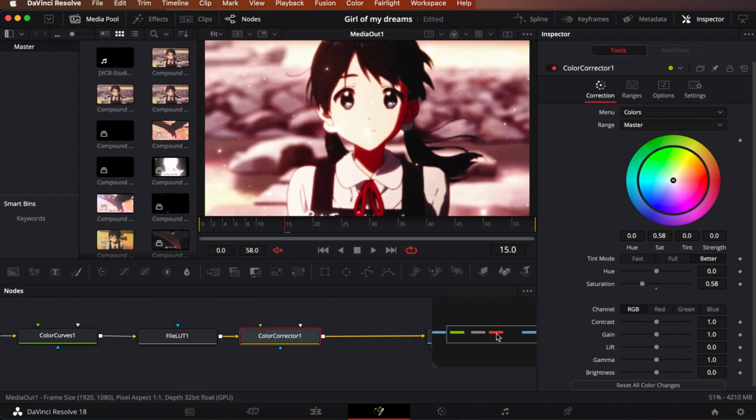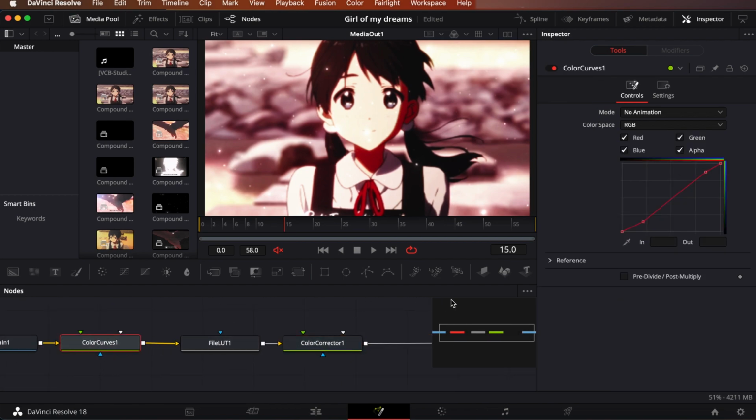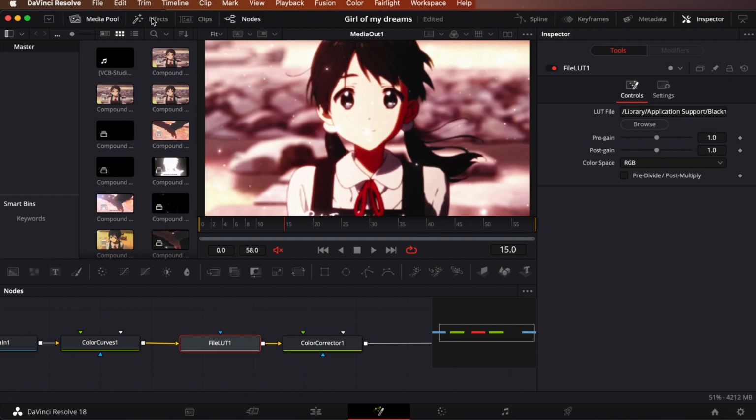Okay, so this is my CC. I used color curves and I did something like this. This brings up the highlights here and brings up the contrast by pulling this down over here, and by lifting this up it changes the highlights. And the LUT that I used, if I can see it correctly,